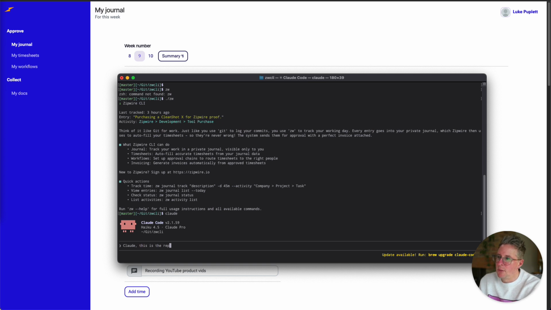This is the repo for a CLI tool called ZW. It's for tracking time and managing life as a freelancer,